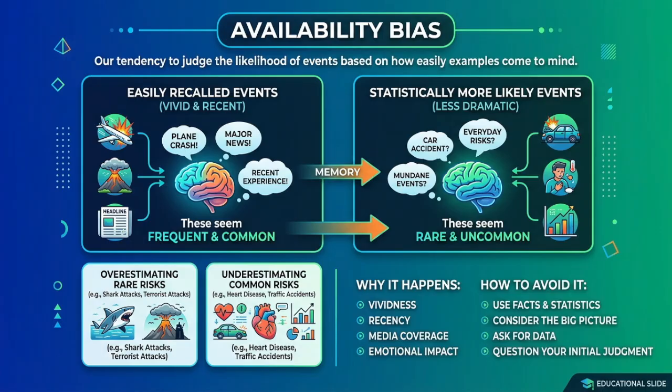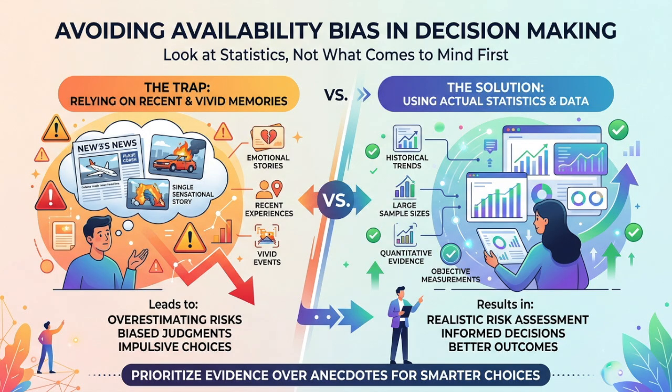Next up, availability bias. This is the tendency to judge the likelihood of events based on how easily examples come to mind. Stay away from the news. Things like dramatic events like plane crashes or shark attacks or riots or whatever kind of business the news is putting up there. It makes you want to watch more, but it's always bad news. So people tend to overestimate how common these things really are. Compared to quieter times, it doesn't make the news. So when assessing risk or making decisions, look at the actual statistics rather than relying on what comes to mind first. The recent memory stuff. Look at everything. This is a pretty good one.